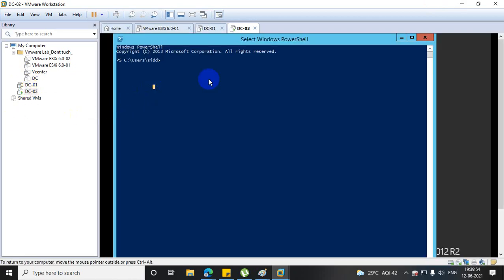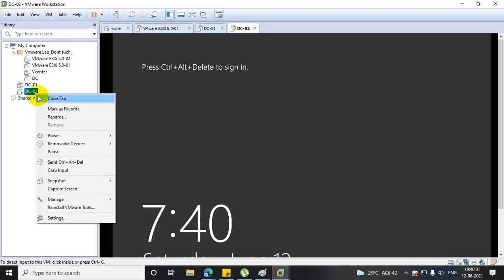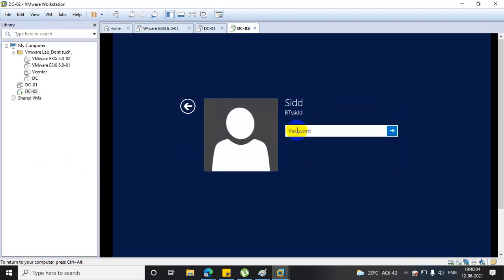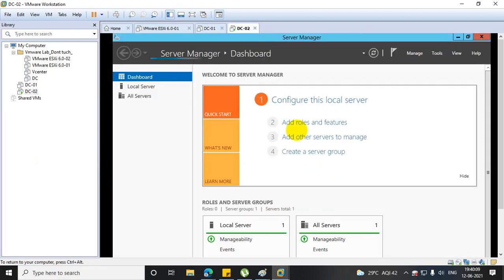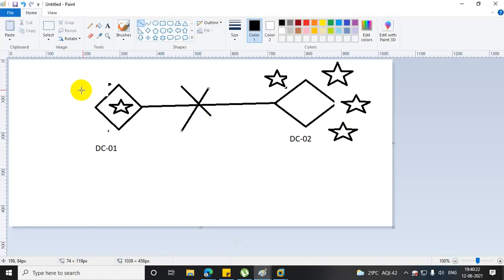Then what I need to do, I will just log off, as I have joined this machine to the schema admin groups. Again I am telling you, those who have not understood what I have done, please ask questions. Don't think that the roles can be moved this way. No, you have to seize all these roles. You got my point? You have to seize all these roles to your newly built DC,